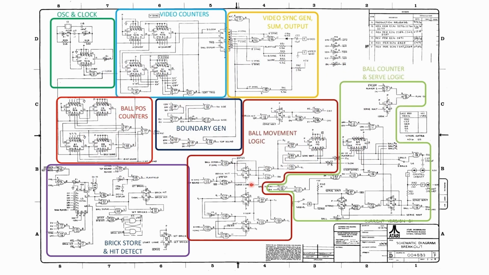Now, in the original, at least on this circuit here, the original ball motion logic would have been in this area here. And you can see other circuitry was added to make it more fancy, or to support the flip screen in cocktail mode, and also to speed up the ball's motion after a certain number of volleys. So that would have been some circuitry here. In the ball counter and serve logic, you can see some 2-player support over here. I'm not sure if the ball counter was actually in the prototype or not, but there would have been plenty of room here for the paddle logic. But in the production version, that paddle logic was moved to sheet 2.